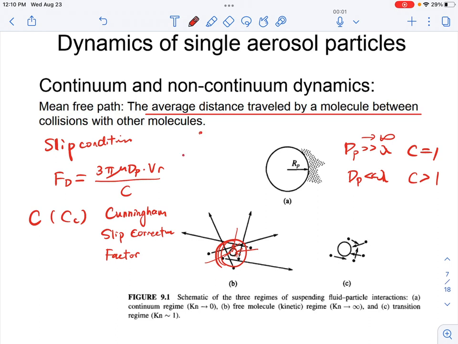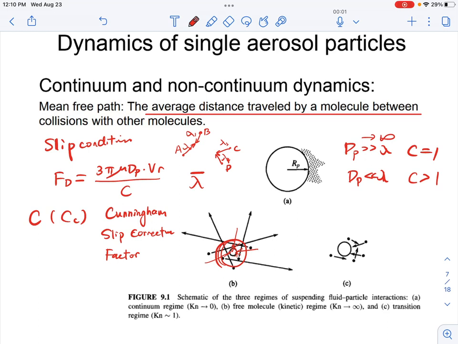Think of the scenario where A collides with B. After A and B finish their last collision over here, and then C and D collided over here, you can find lambda 1, lambda 2, lambda 3, lambda 4. Basically you can calculate an average lambda,